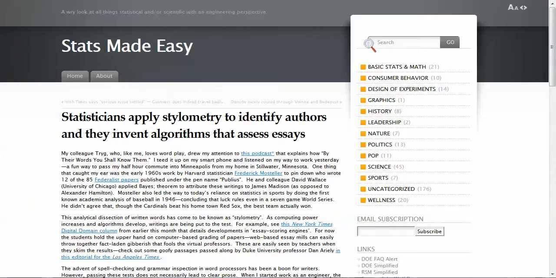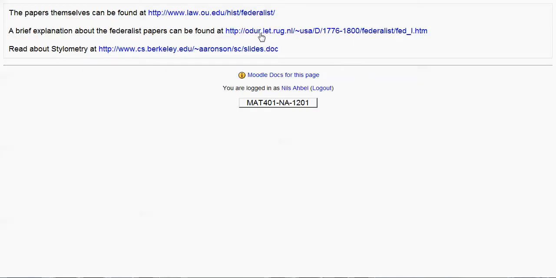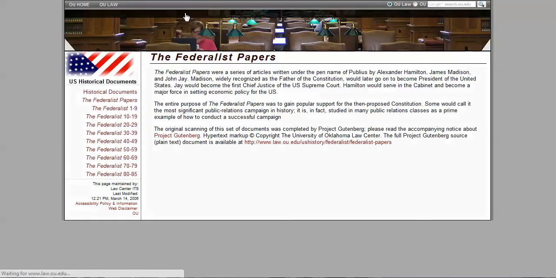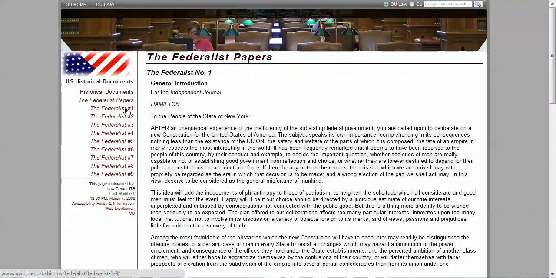And in the 60s, Mosteller and Wallace used something called stylometry to try to infer who wrote the 12 disputed Federalist Papers. What they did is they took these papers, and they're available easily online, and